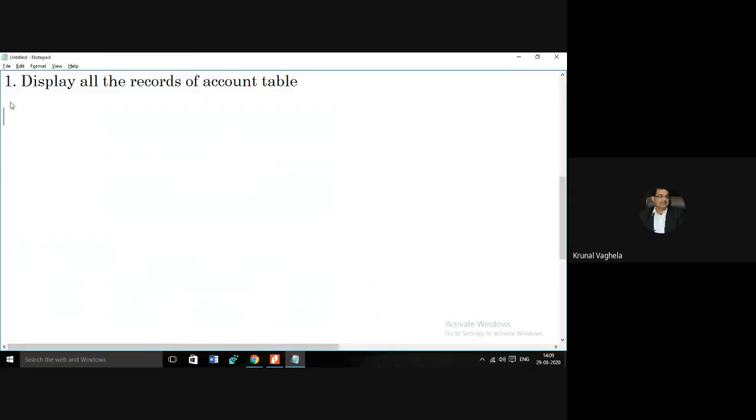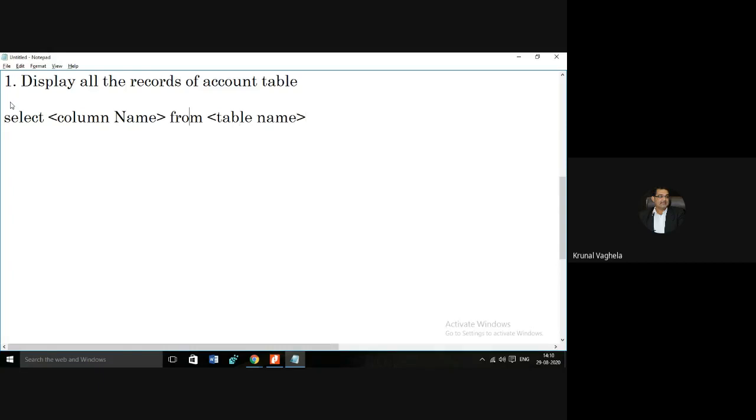I have already told you, when you need to access the data, the command is SELECT. When they're asking for all, you need to write star, or you can write column name, then FROM table name. Select column name from table name.